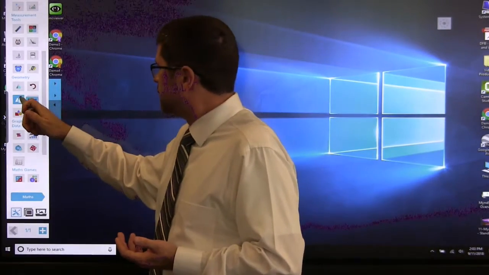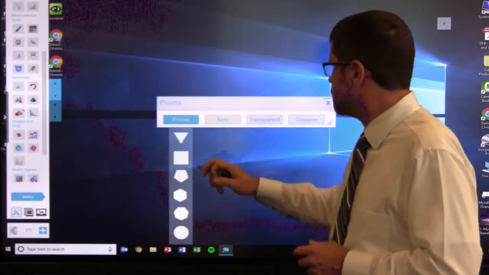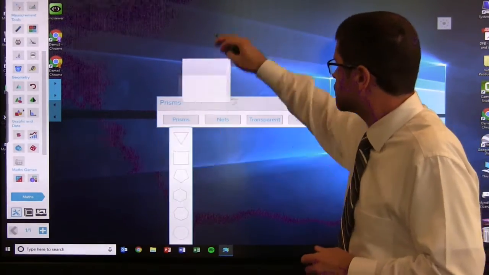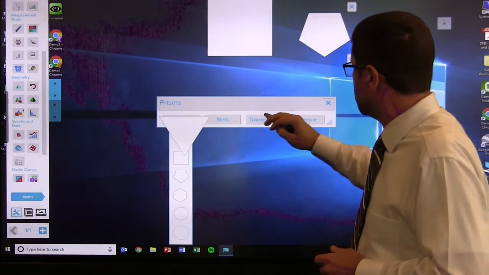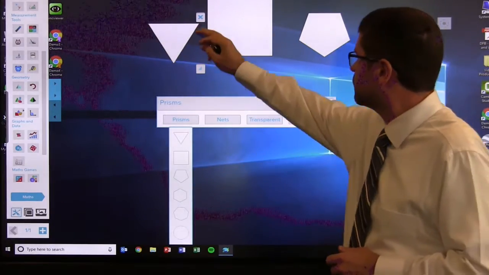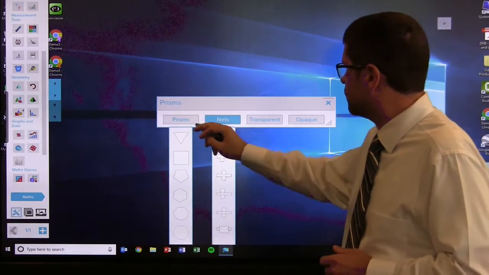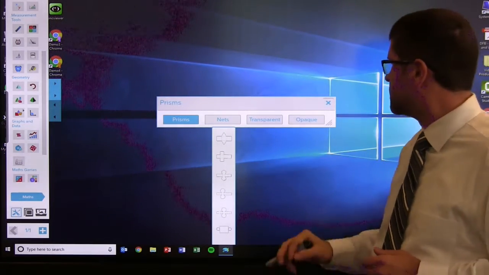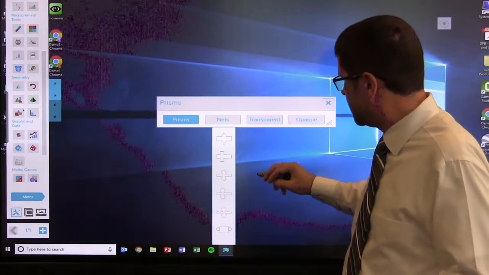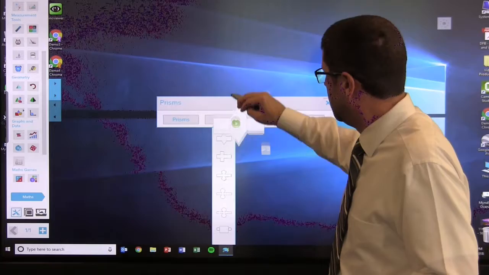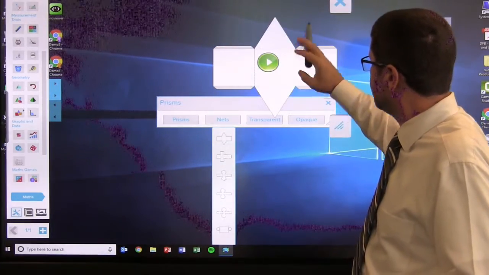The next is the prisms. We got 4 options on the prism tool. I can choose to just put up a square or any one of these other shapes that are up here on this, and I can manipulate them, use them as teaching points. But the true value of this one is coming into this where it says nets. You might be familiar with this on some of those IQ tests or those standardized tests. If I click on one of these nets and I make it larger, it will show you what the image